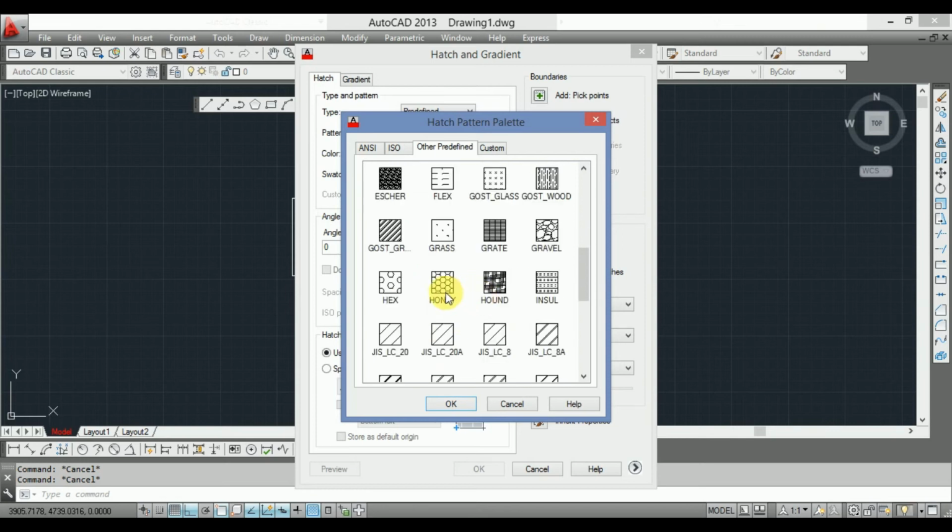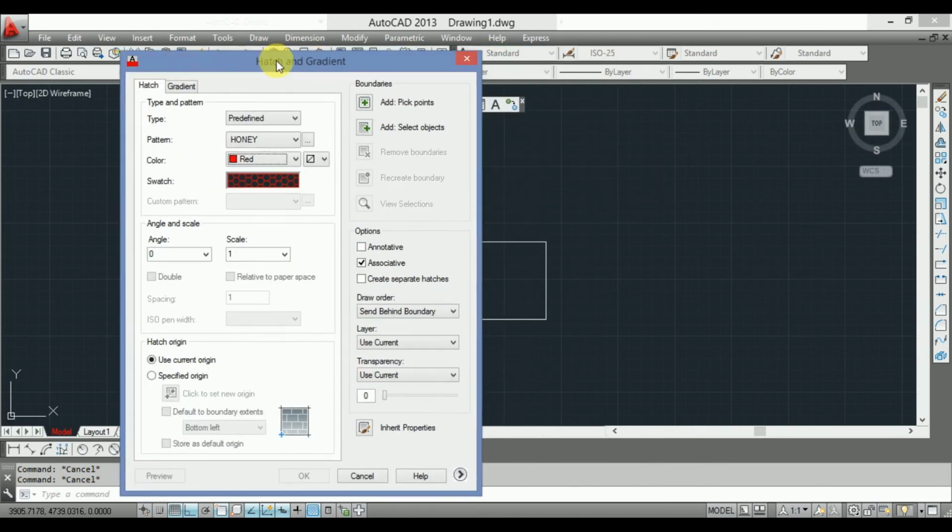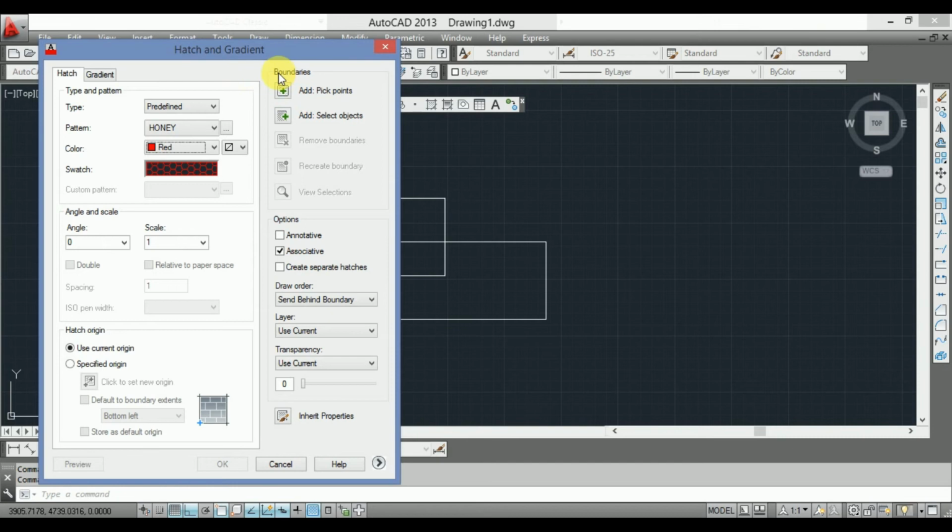Suppose I choose this type of hatch, honey. And then how will you hatch it? Now for the boundary, first is pick point or select object. In pick point you pick a point inside the boundaries, and in the other you select the object.